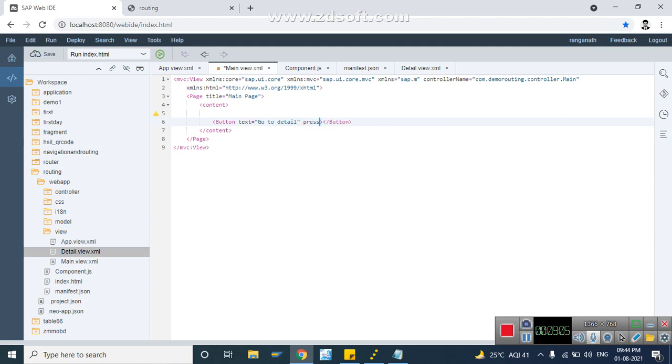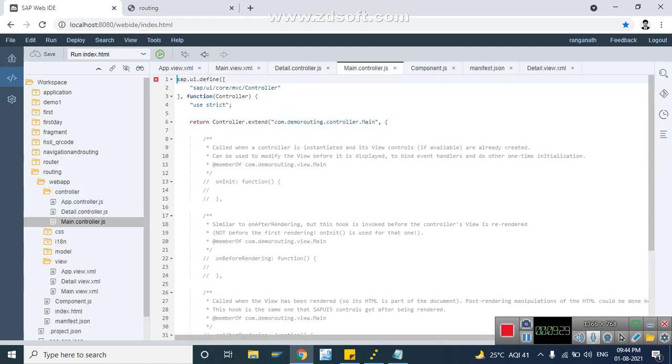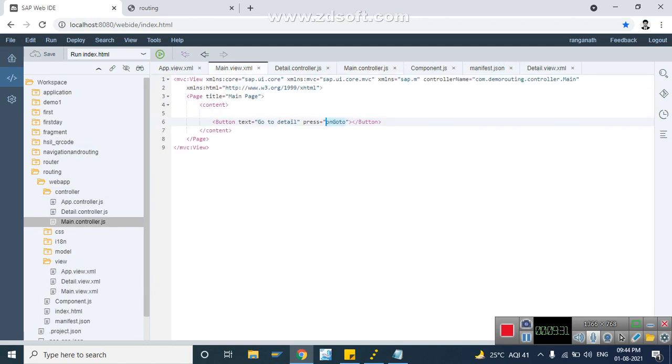So what is this? Press is nothing but like in HTML for a button we have click, so in UI5 we have press. For that press event we will define a method name, onGoTo. This method we will have to implement in the main controller. Why do we need to implement it in the main controller?